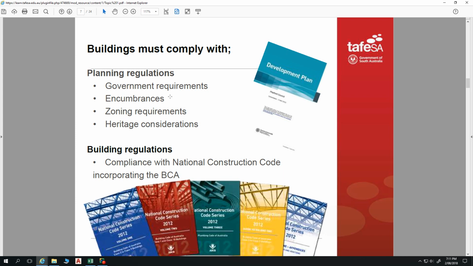Let's say I'm a builder, I do some work on a property, and the owner of that property doesn't want to pay. I can then lodge through the courts, through a court order, a caveat on that property. So that property can't be sold or further developed without the removal of that caveat. Other encumbrances can be things such as easements, and